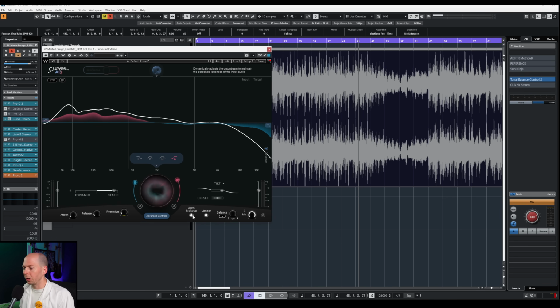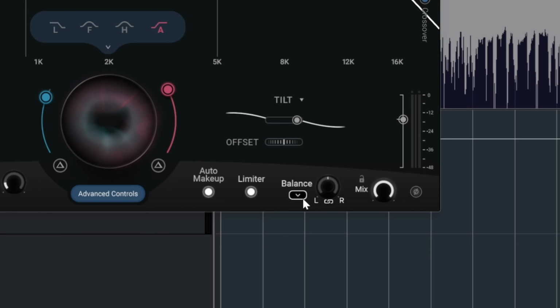And then they have other features like auto makeup gain, which I think is a great feature so you don't fool yourself into thinking that the EQ is better just because it might get louder. So this is going to offset the output gain to make it roughly the same level as the input. Limiter, they just have something on there just in case you're using this in the mastering sense like I'm showing in this video. And two other really quick things I think are interesting is they allow you to change the balance,